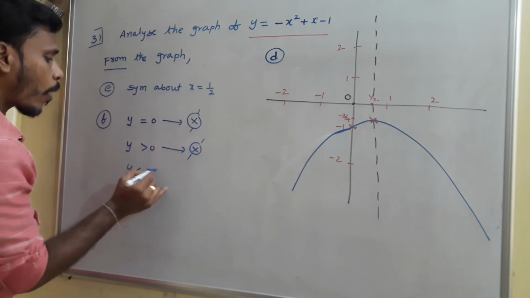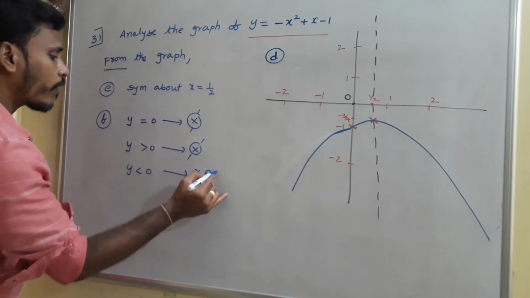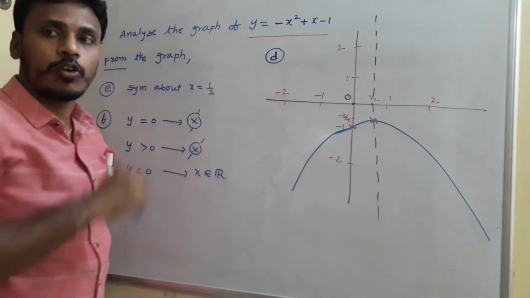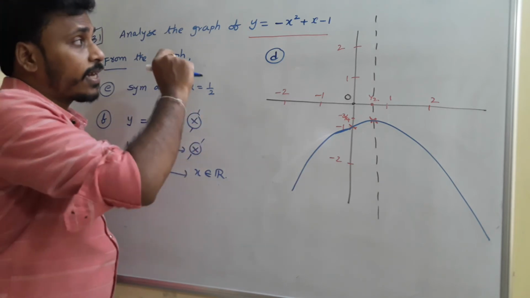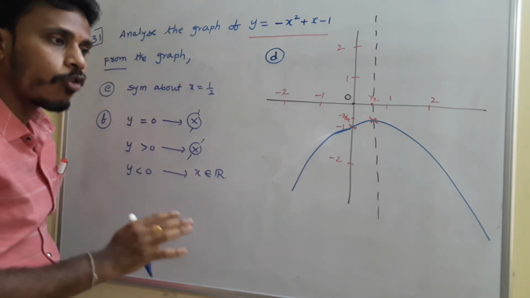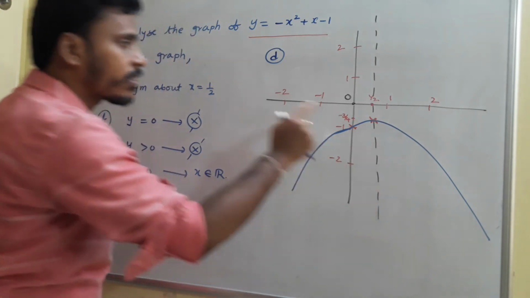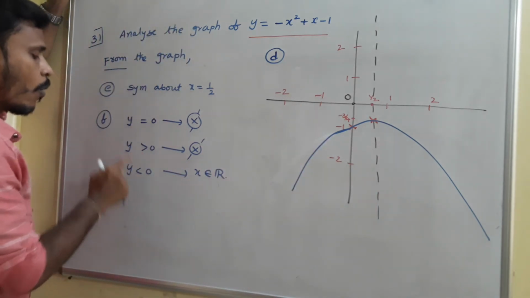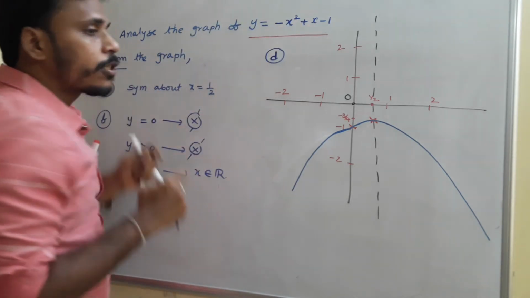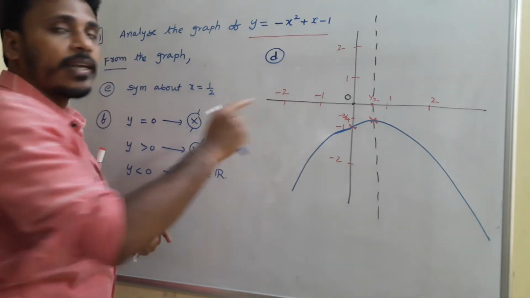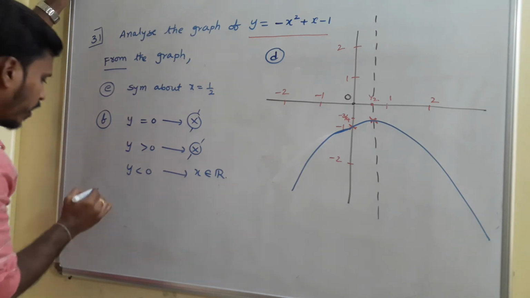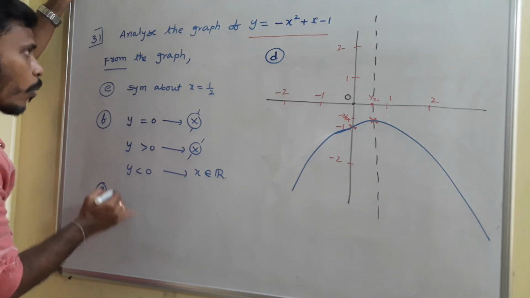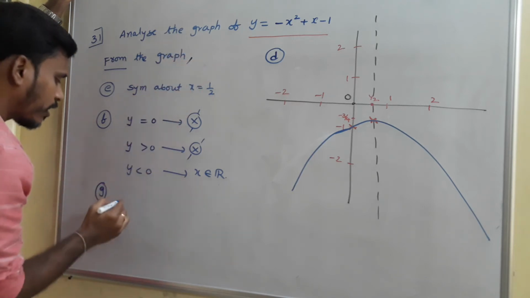Y greater than 0, then also we don't have any values for x. Whereas if you say y less than 0, then the values of x are all real numbers. If you take any real number in the place of x, for sure the value of y is a negative number, and that's why the graph completely lies below the x-axis. Okay, right. To discuss whether this expression is positive or negative, we need to observe the graph. Okay, right. And the next thing is g. Whenever the graph is increasing, as I mentioned to you, graph is nothing but y.